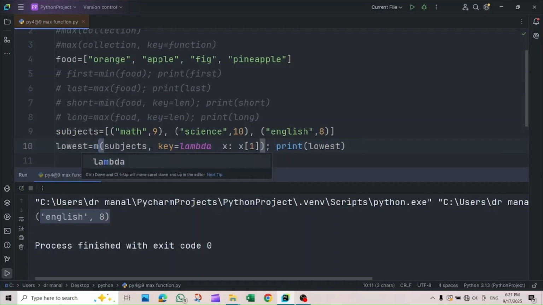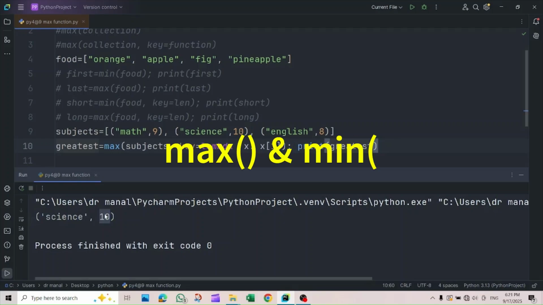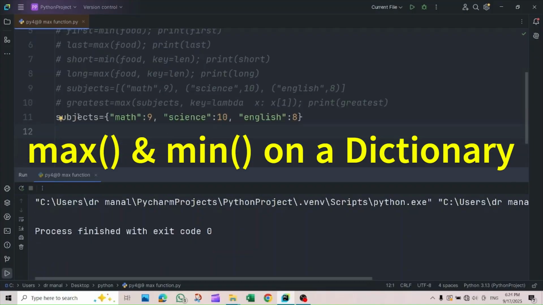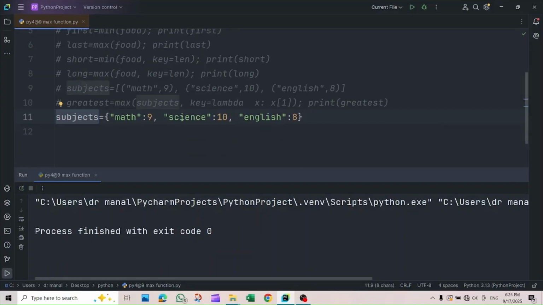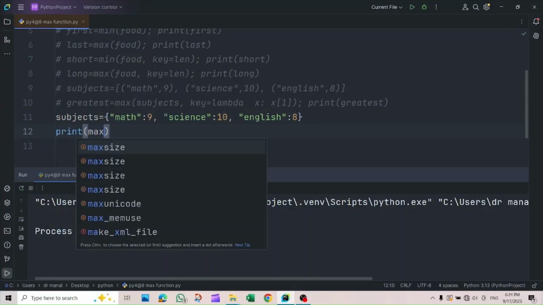If we use here maximum, and here, of course, greatest, and we print our greatest here, and have a run, it prints science having the greatest grade here 10. Now let's have our maximum and minimum on dictionaries. Now we have our dictionary subjects that consists of 3 key value elements. Now let's check the maximum key. So we write print maximum of subjects